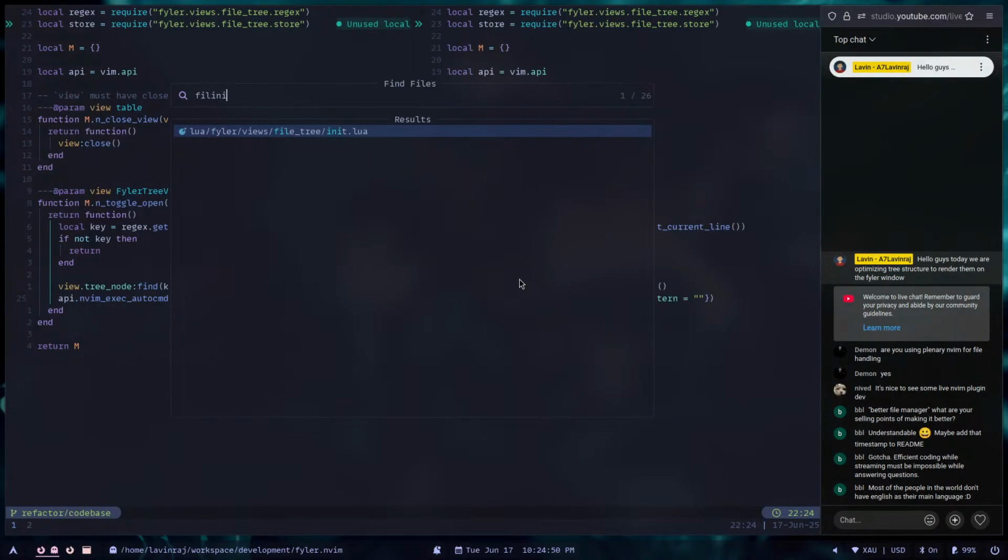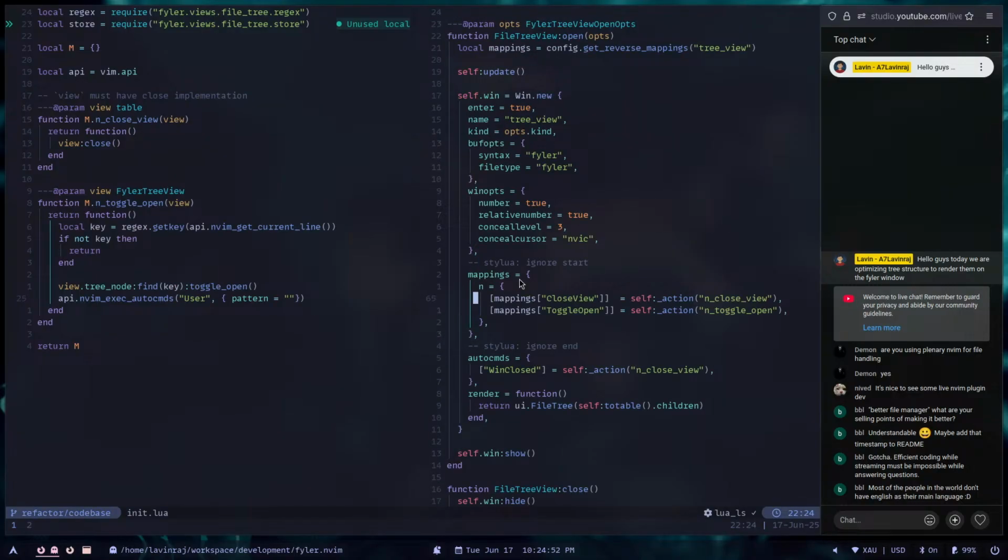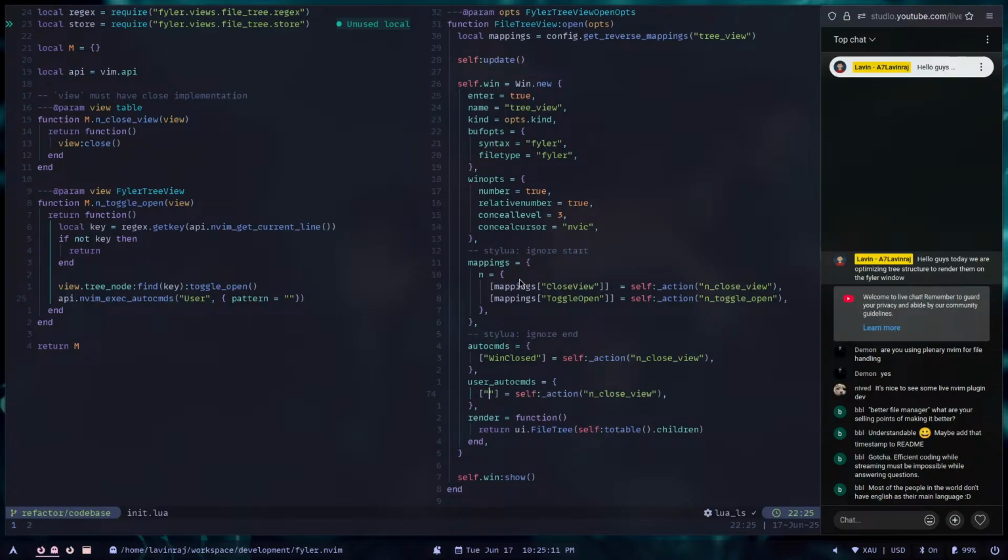File init. So the pattern is user auto commands. So let's add a user auto command here, and in this we have pattern of